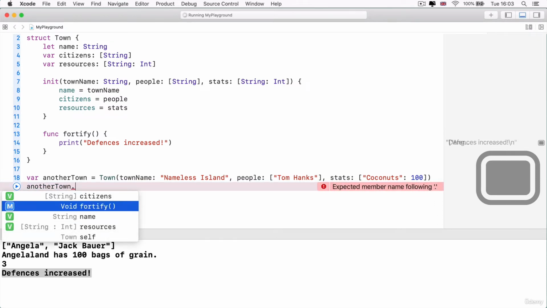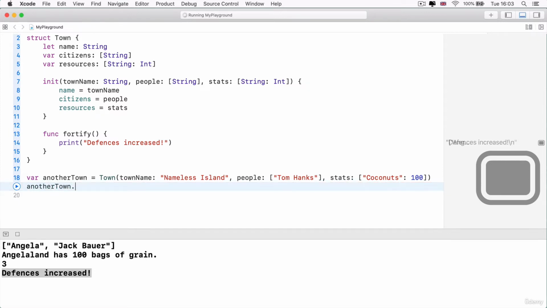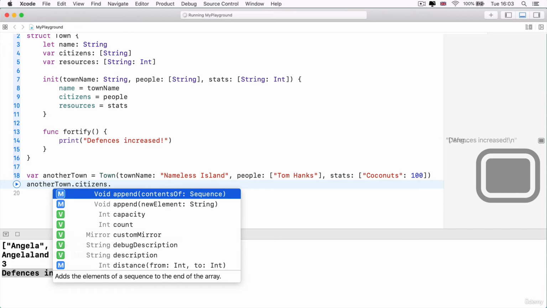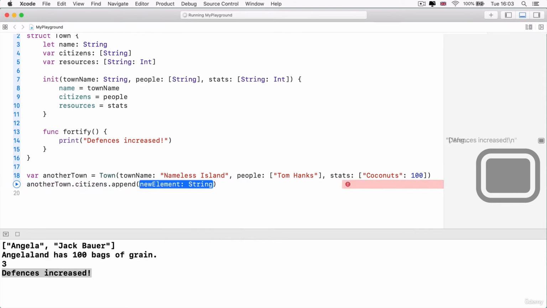I can call or trigger the methods or the behaviors that the town can do, namely fortify itself. But I can also, of course, tap into, let's say, our citizens. And then, just as we did before, we can append a new element, which happens in this case to be a beach ball who's going to join the citizens of Nameless Island. And he's going to be called Wilson.